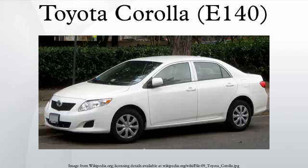This Corolla was unveiled on October 31, 2007, at the SEMA show in Las Vegas, started production in November 2007, and became available in USA dealerships in January 2008, as a 2009 model. Only the sedan is sold, although the second-generation Corolla Matrix, which shares the E140 platform and engines, is considered the